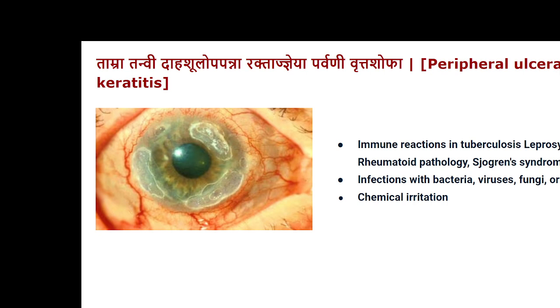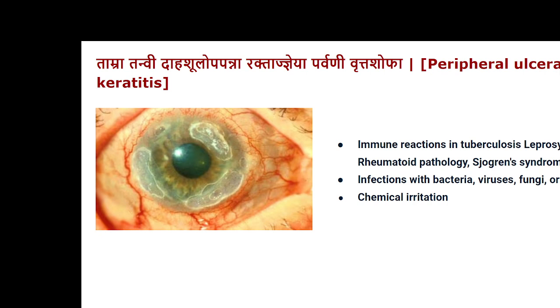Parvani is a patient presenting with a swelling or an ulcerative appearance which is reddish in color and superficial. Tanmi is superficial and presents with pain and burning sensation, and it's produced due to rakta. It presents as a vrittashopa, a circular swelling. Now, this is often seen in case of ulcerative keratitis, chronic ulcers over the sclera, which also can affect